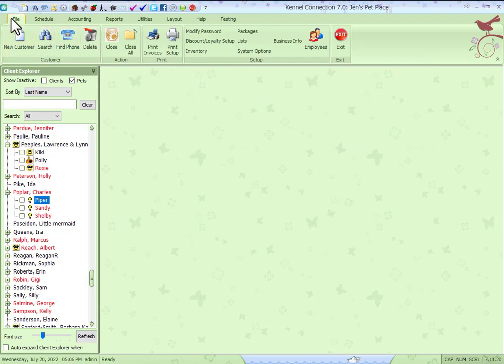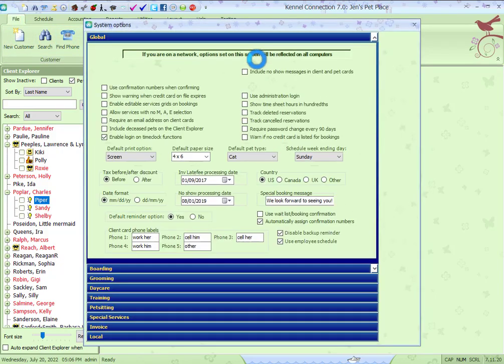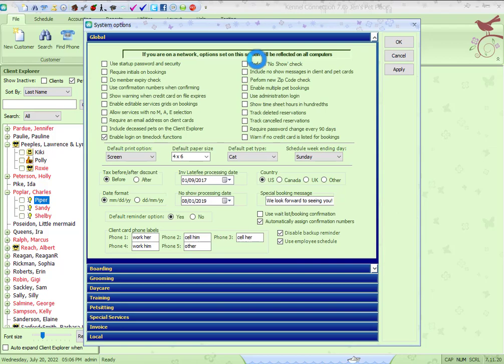The next screen we're going to go to is under File and System Options. And there's two features in here related to the time clock and the report. The first option is over here that says Enable Login on Time Clock Functions. If you check this box, that means when an employee punches in or out, they're going to be required to